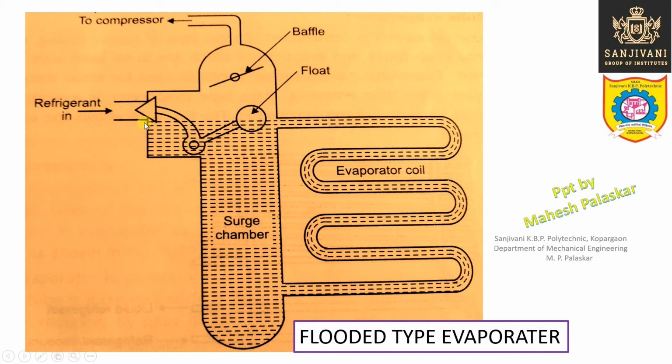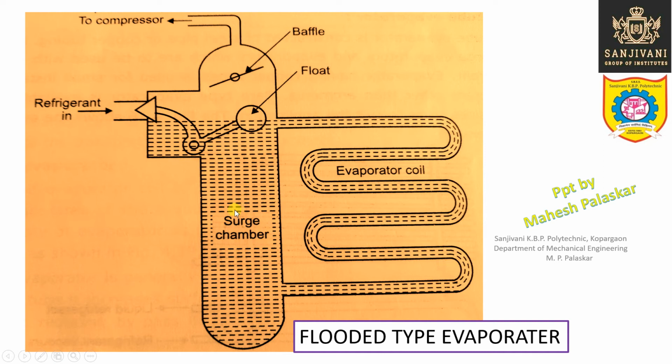So this entry of the refrigerant is controlled by the float valve. This float valve will maintain a particular level of liquid refrigerant in the surge chamber. When this particular level of the refrigerant is obtained, at that time this float valve will close this particular opening, and further entry of the refrigerant will not be allowed in this surge chamber or to the evaporator, right? But due to the action of the load, when the evaporator coil comes in contact with the heat load,